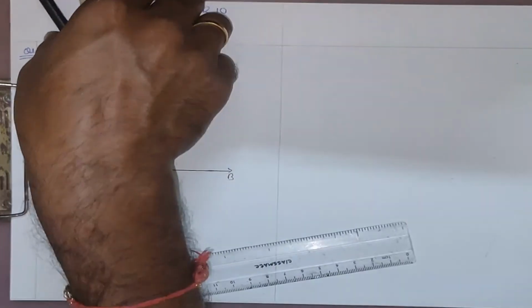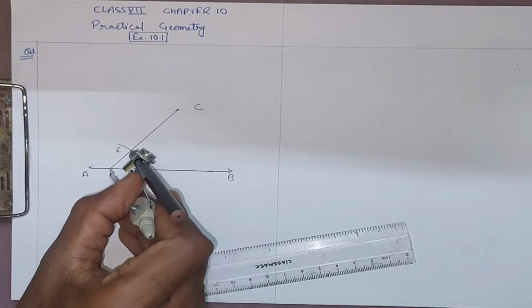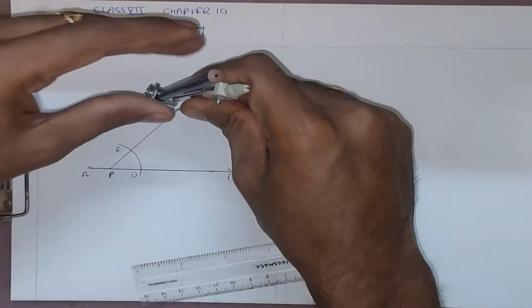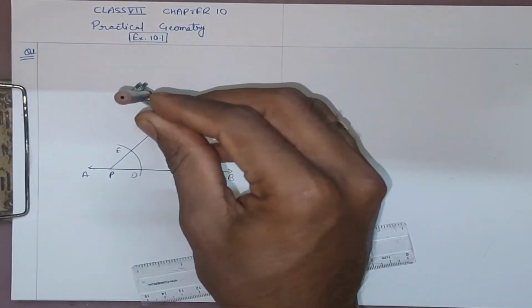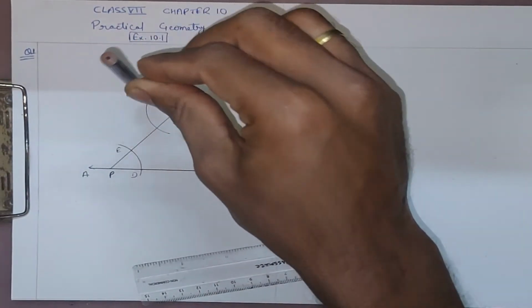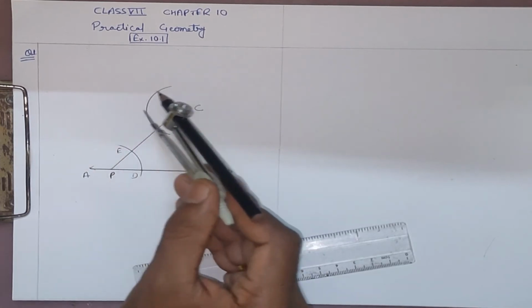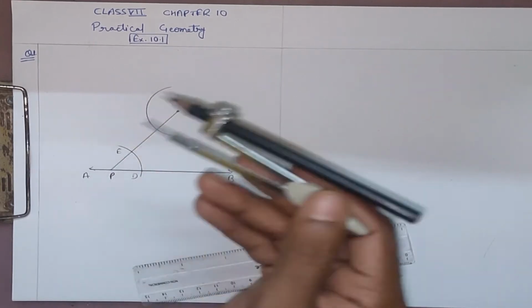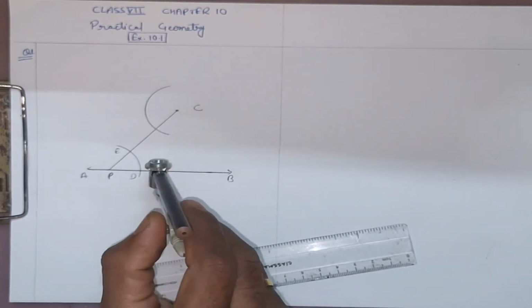Now with the same arc that we have taken before, we will be drawing the arc from C also, but in the opposite direction. Since we have drawn till here, we have to draw it to the other side. Same arc. Why are we doing so? Because we know that one of the parallel lines will be here. If an imaginary parallel line will be passing through C, then these two angles will be alternate interior angles. So with the property of parallel lines, if the alternate interior angles are equal, that means the lines are parallel also.